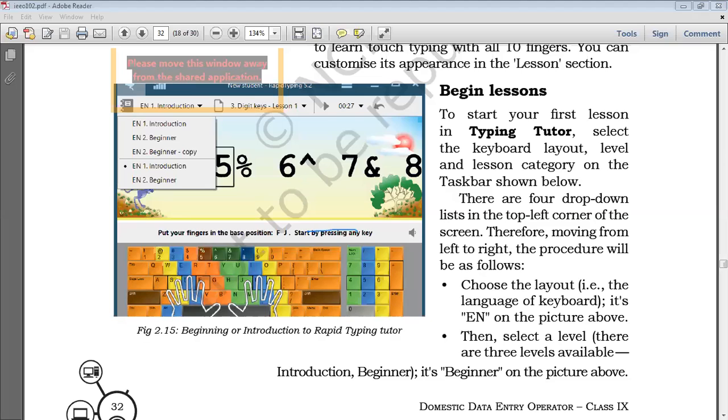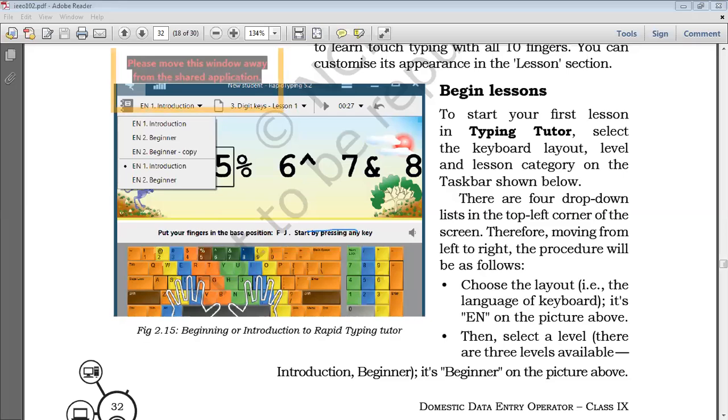This is the rapid typing software. The version of the software is 5.0, and you can use rapid type 5.0 or 5.2. You can use both versions. Both versions look almost similar, and the working of both is almost similar.